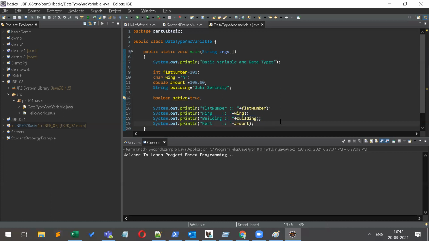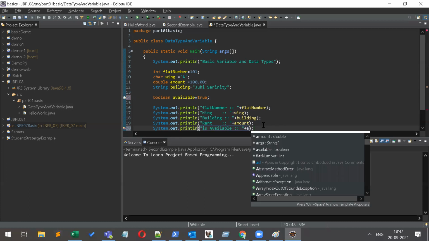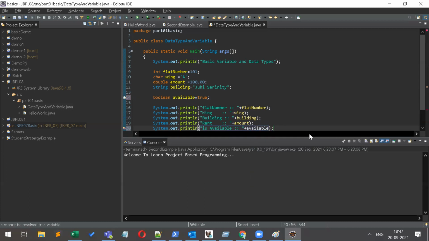Okay, I have done all. I'm putting here whether it is available or not. Is available. That's it. Okay, flat number 101, wing A,